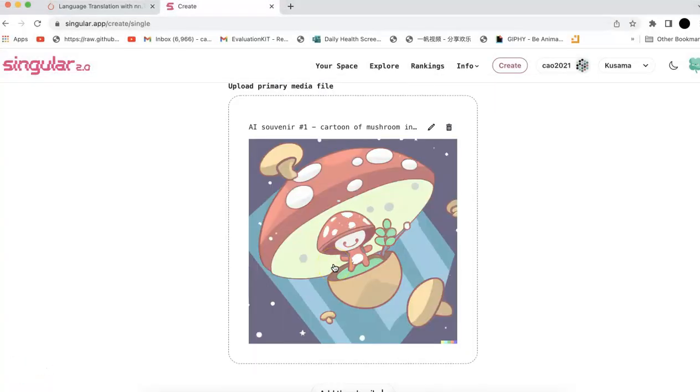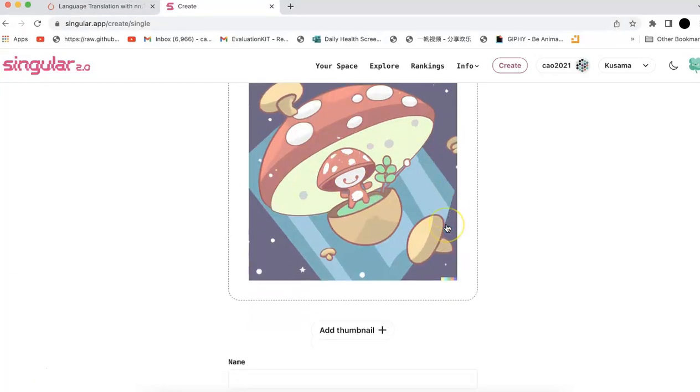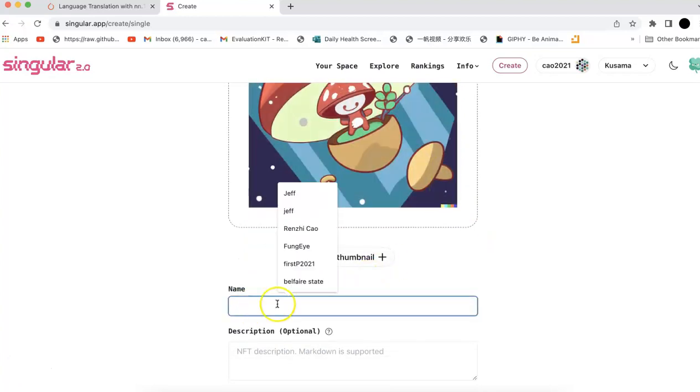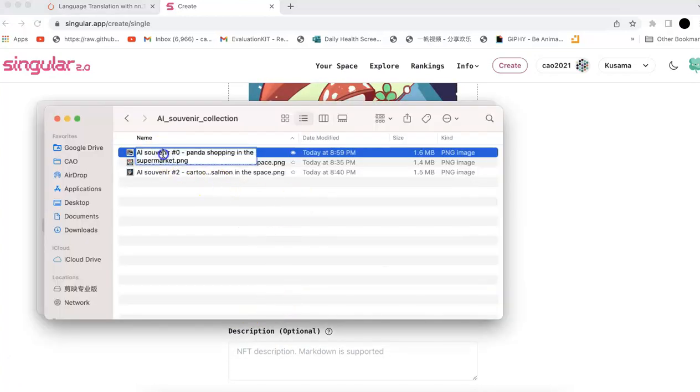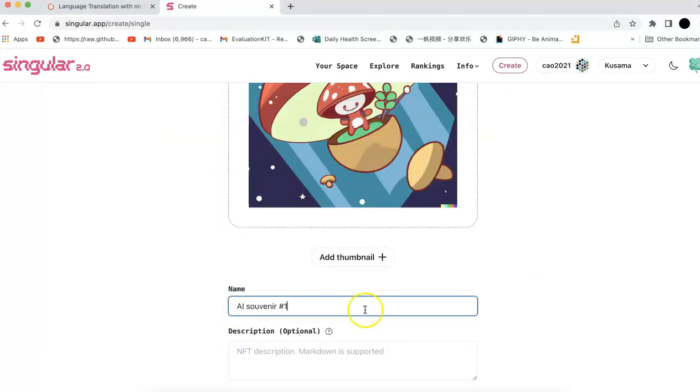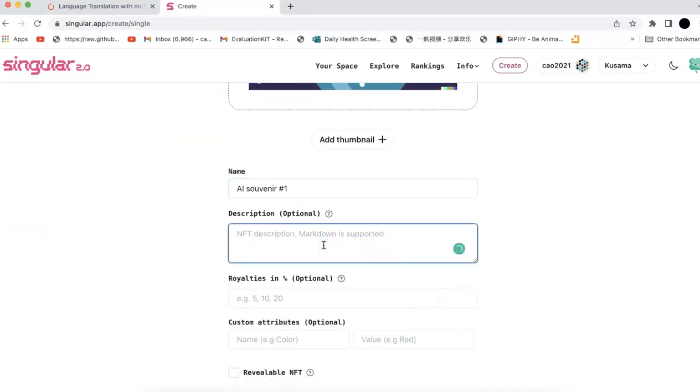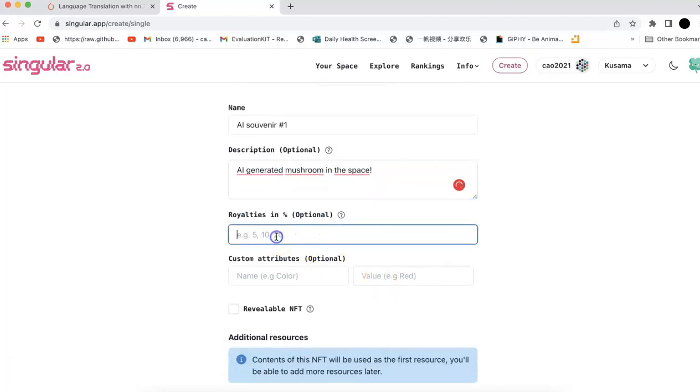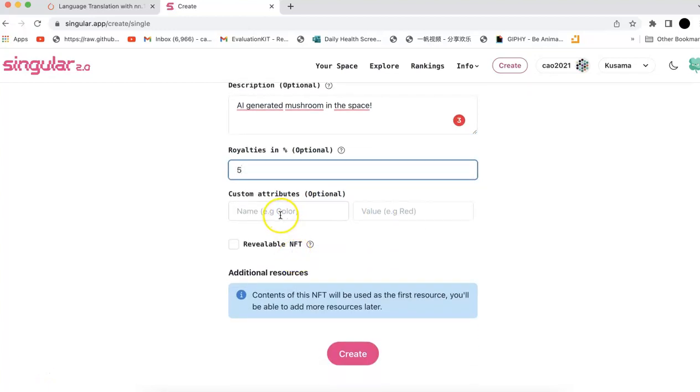The first one is mushroom in the space. So we're going to have the AI draw this kind of mushroom. This is a cool one actually. And then I'm going to make the name, we're going to use a unique name. So I'm going to use this name. Okay, and the description, that's an AI generated mushroom in the space, right? So that's very cool. Royalty, we can just put 5,